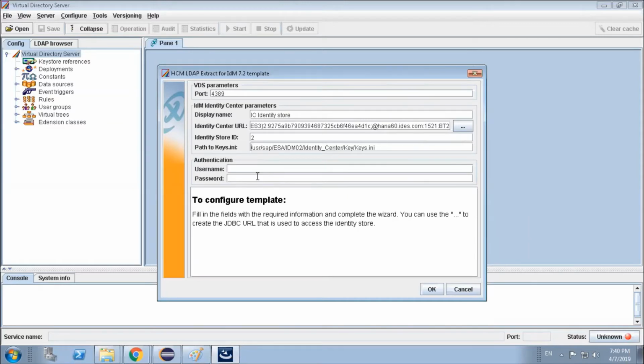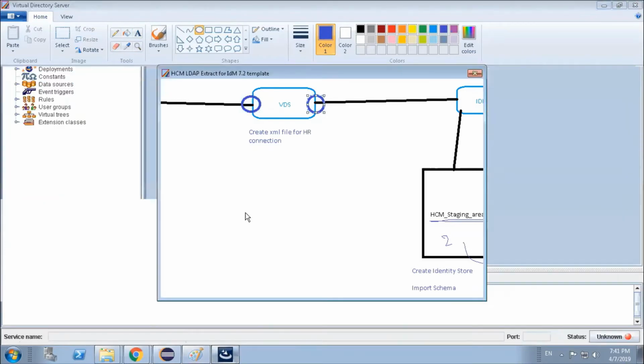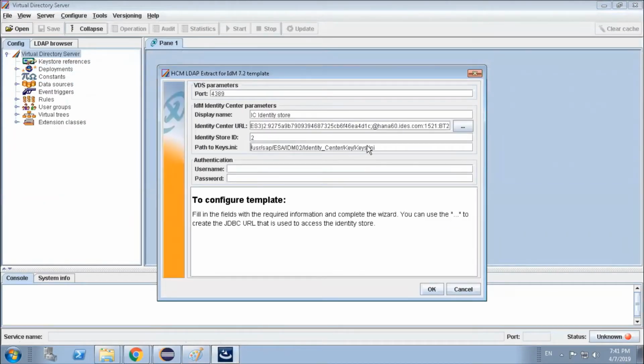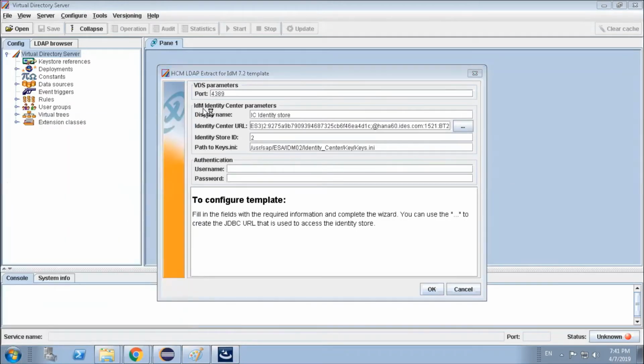So authentication of what? See, in this picture there are 2 connections. One is the HR side connection and another one is the IDM side connection. Whatever we have done so far, this entire thing is our IDM side connection.